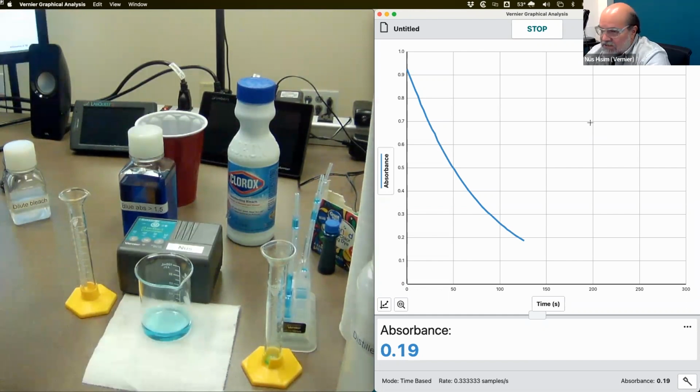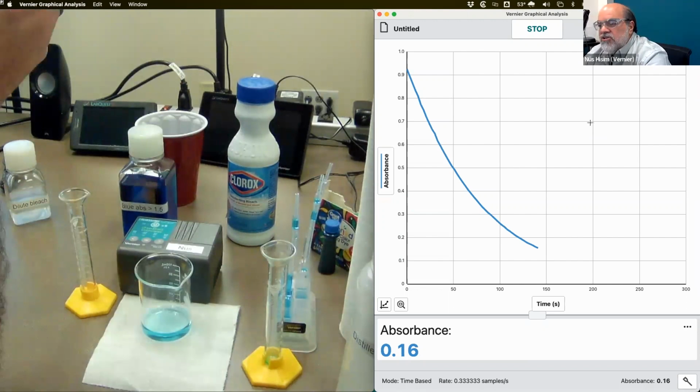But if you want to be true to form, there is a spreadsheet in the shared folder that shows you how to use Beer's law. Absorbance equals epsilon l c, right? The molar absorptivity, path length, and the concentration. It shows you how to calculate the